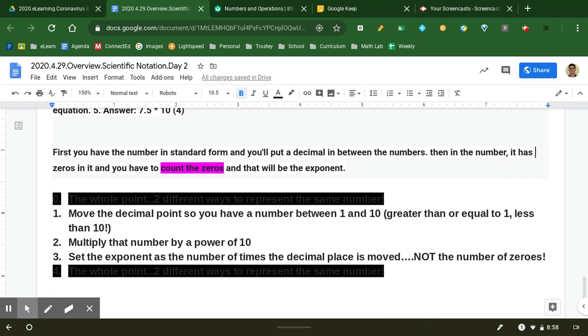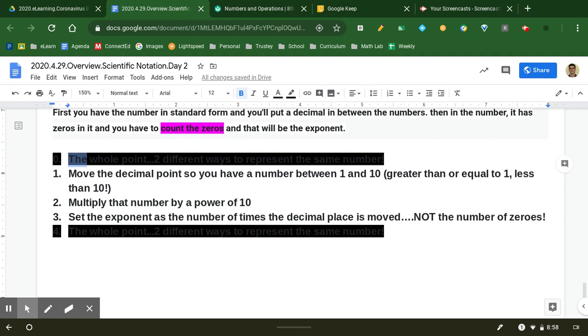Now, next one also talks about standard form, where to move the decimal. Then in the number it has zeros. And now be careful counting the zeros. That's what I'm going to talk about a bit right now. But first, I want to talk to you about the whole point of